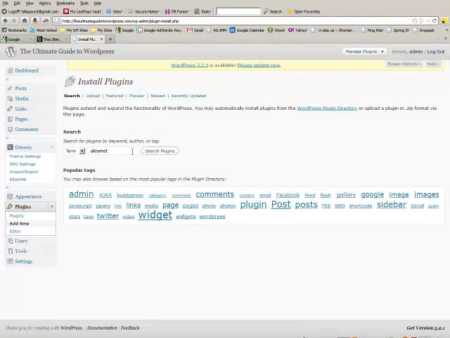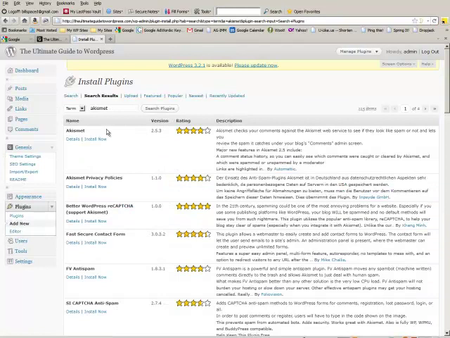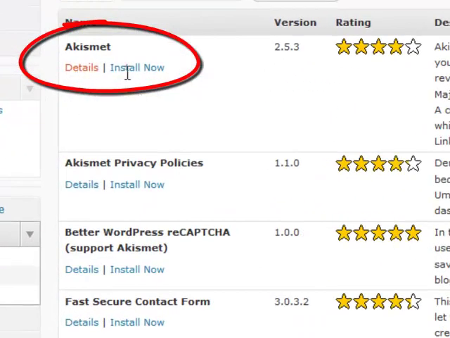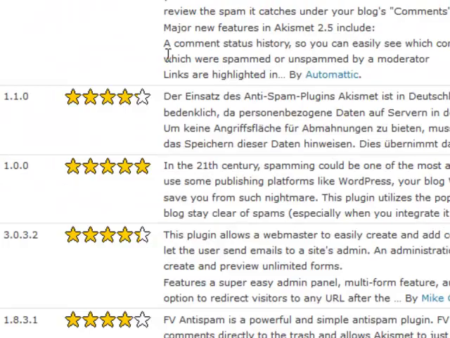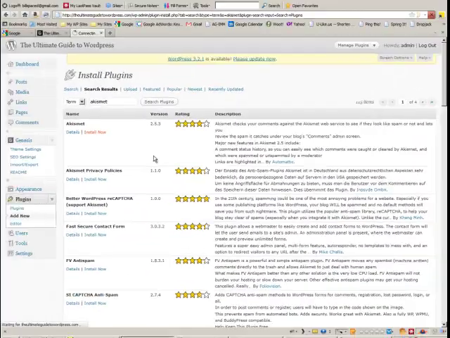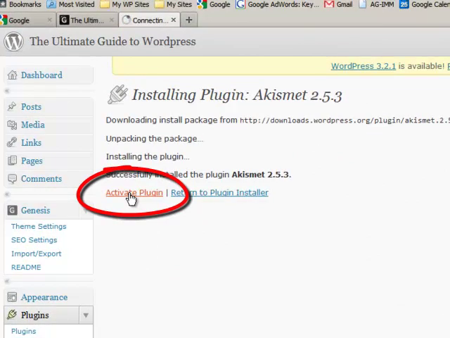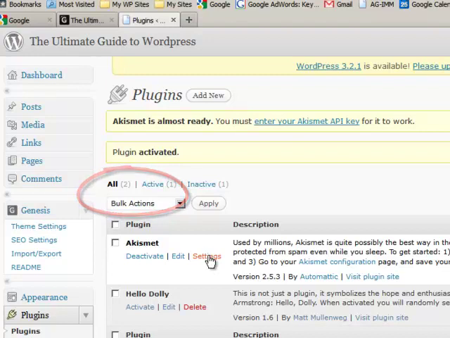So type in that search term, then you search plugins and you find it here. You have two options. One is details, which will tell you more about it, or you can just install now. Install now and click on OK. Then you activate the plugin, and then you go to settings,